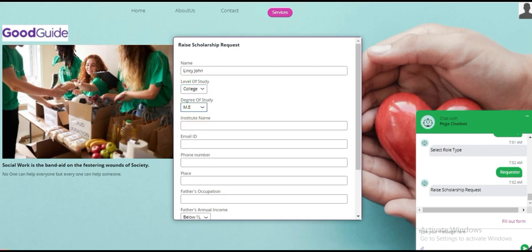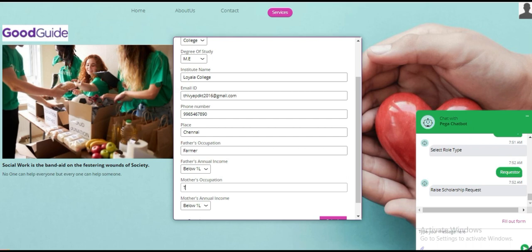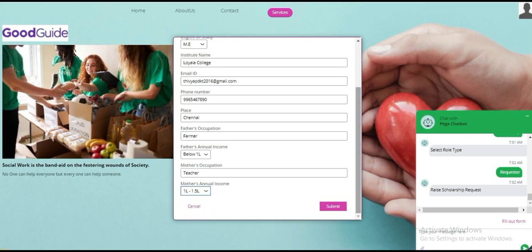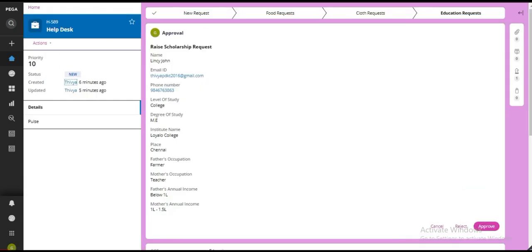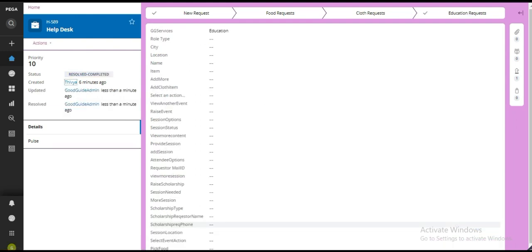You have to enter the name and the level of study, for which degree he is applying for the scholarship, in which college, and personal details of the father and mother. You have to update the details and click on submit. This will be routed to the app admin. You have to verify whether the information given by the scholarship requesters is right, and you have to approve the content. If he approves, the content will be posted to